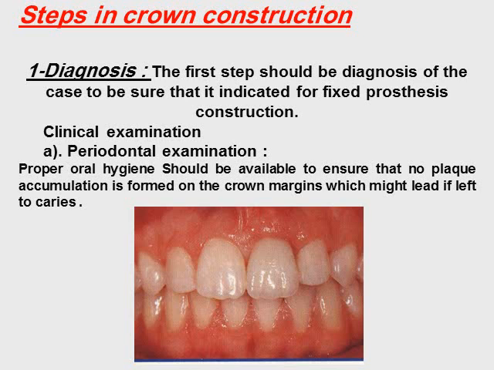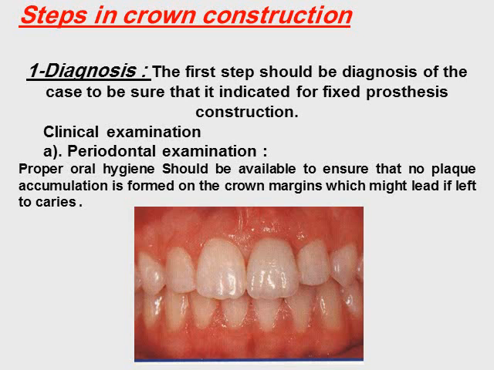Now, if we go to the steps of crown construction, we are going to see that the first step, when the patient came to you, you must diagnose the case and see if it is indicated for doing a crown or not. The first step, we are going to do clinical examination after we take the history from the patient, complete history about his problem, and then we are going to go to the clinical examination by examining the periodontal